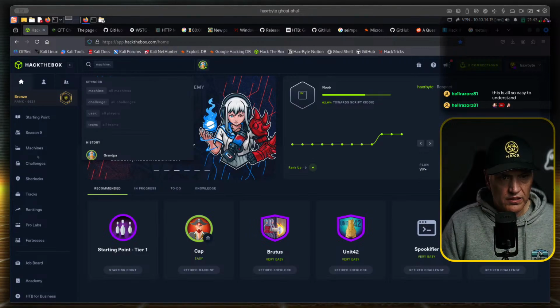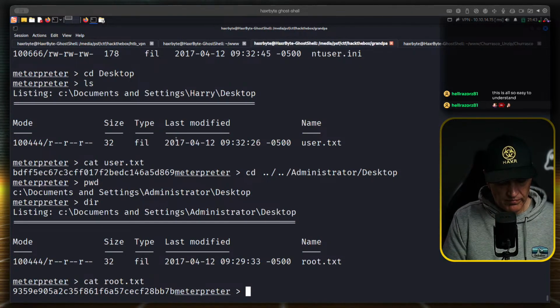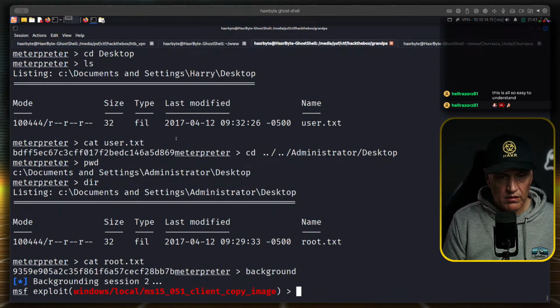Let's go to machines. What's wrong with this? Let's go here. Background. Search.